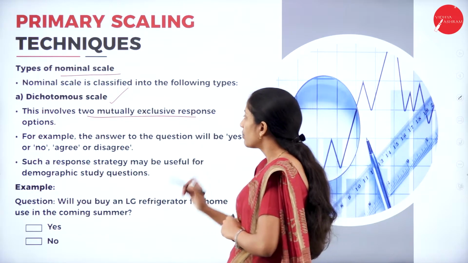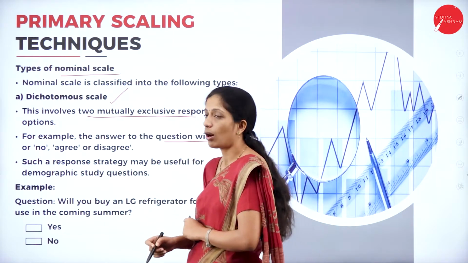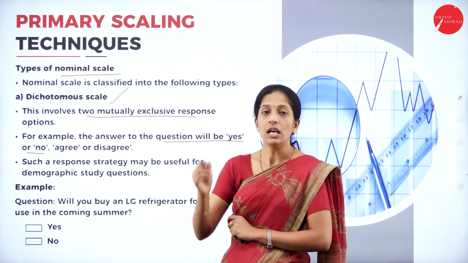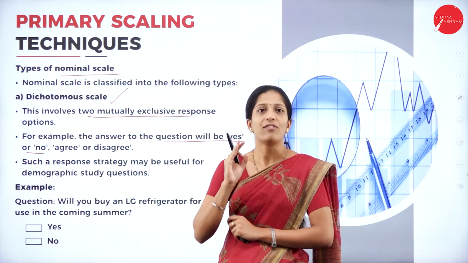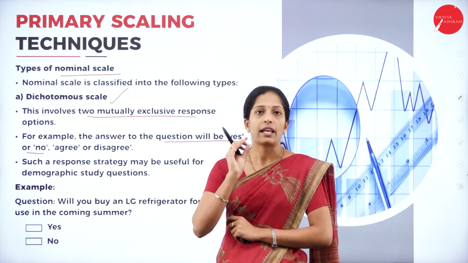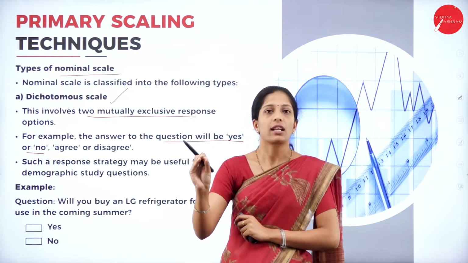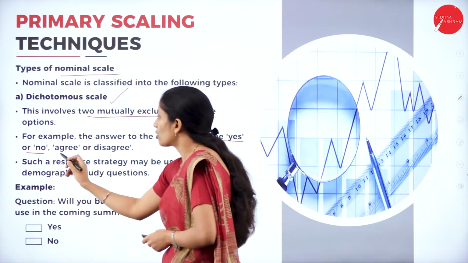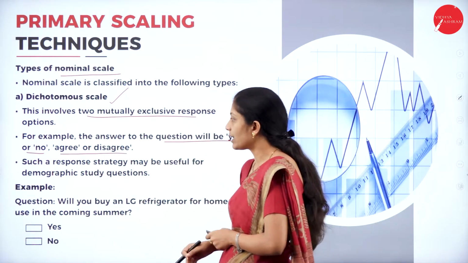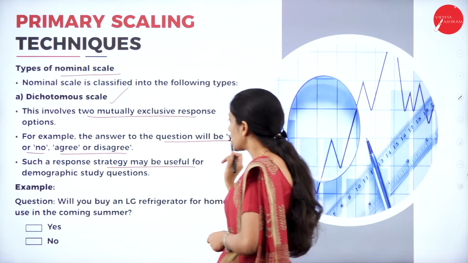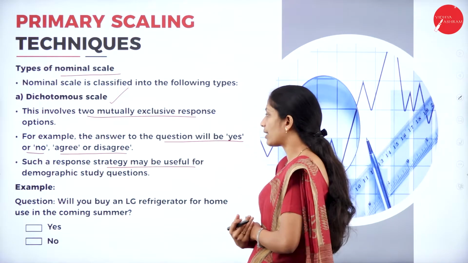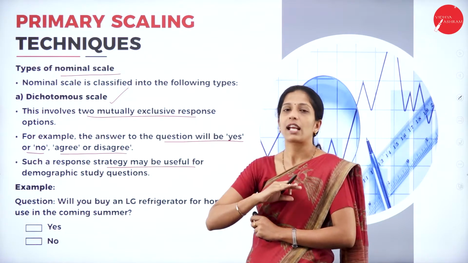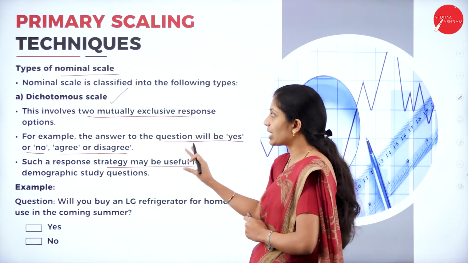For example, the answer to the question will be yes or no. If they ask a particular question, you will have only one option to answer, either yes or no. In the same way, agree or disagree. You have to choose any one here. Such a response strategy may be useful for demographic study questions. When they want to study in detail the whole demographic area, this type of